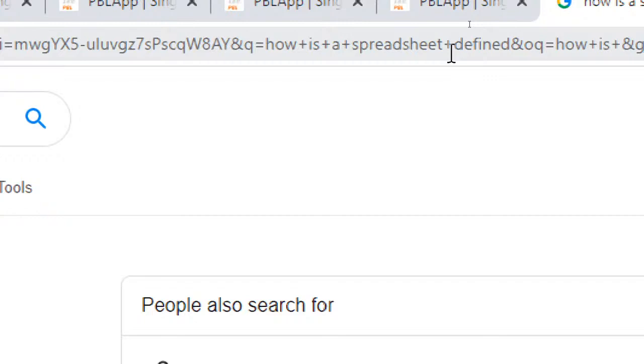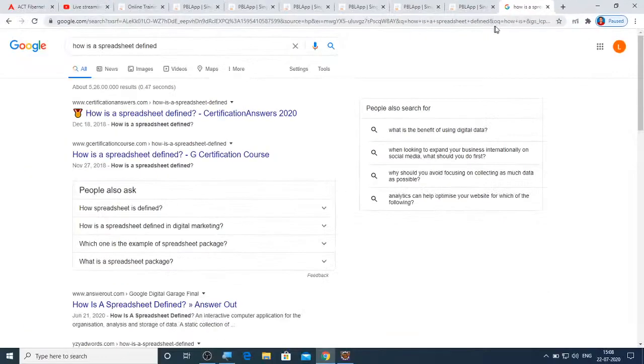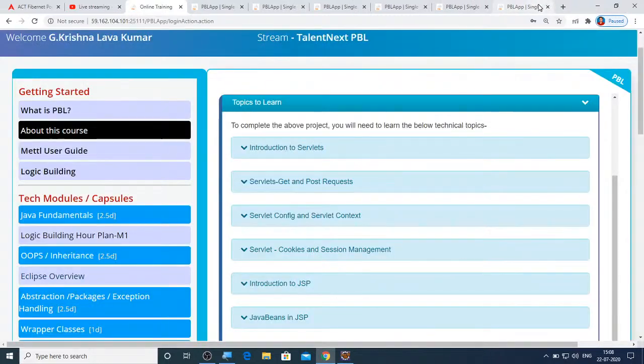So generally we use the get method when you want to send some query to the server, and you can also apply it for regular usages. But just remember, when you have insensitive information and you don't have any privacy issues, that time you can use the get method. But when you have sensitive information and very large information that you want to submit to the server, in that case we use the post method.